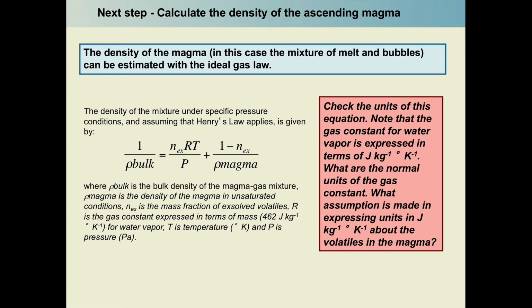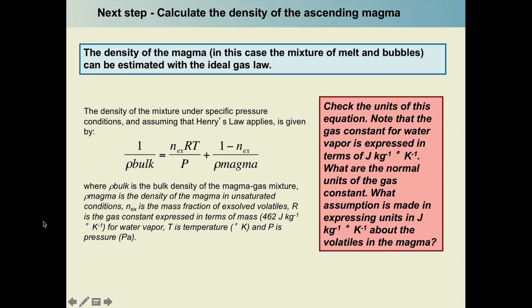So now you want to calculate the density of the ascending magma, and this is where you're going to estimate ascent velocity. So this is the next step in that process. The density of the magma, in this case the mixture of melt and bubbles, can also be estimated using the ideal gas law. So in this case, the density of a mixture under specific pressure conditions, assuming Henry's law applies,